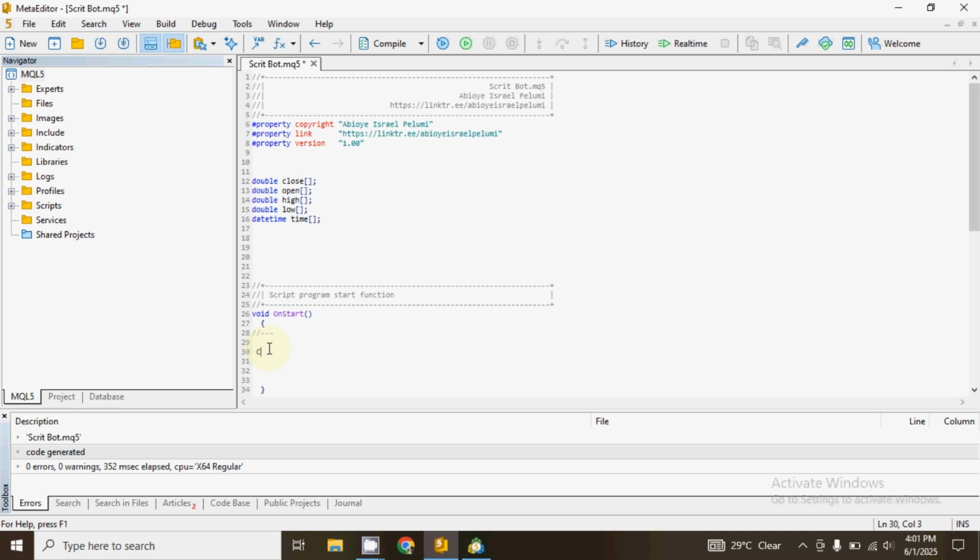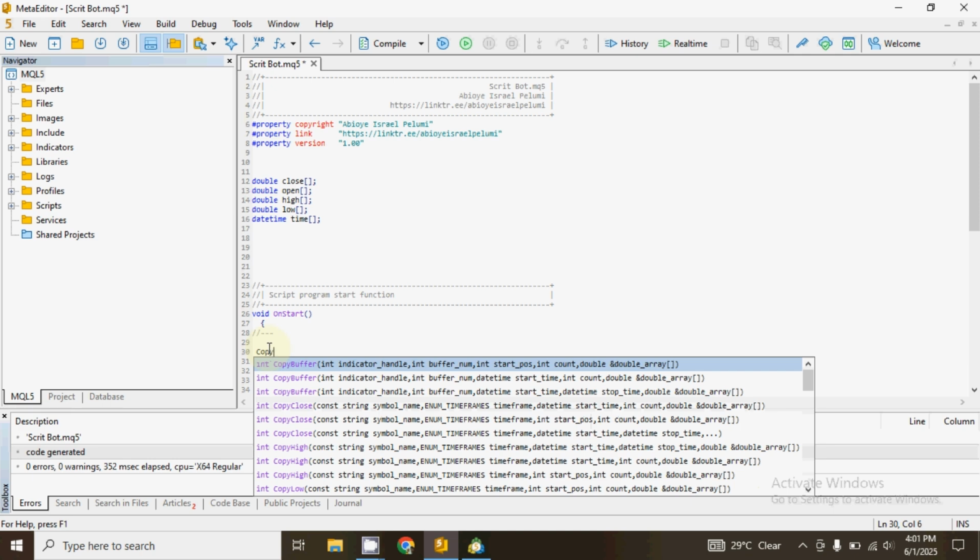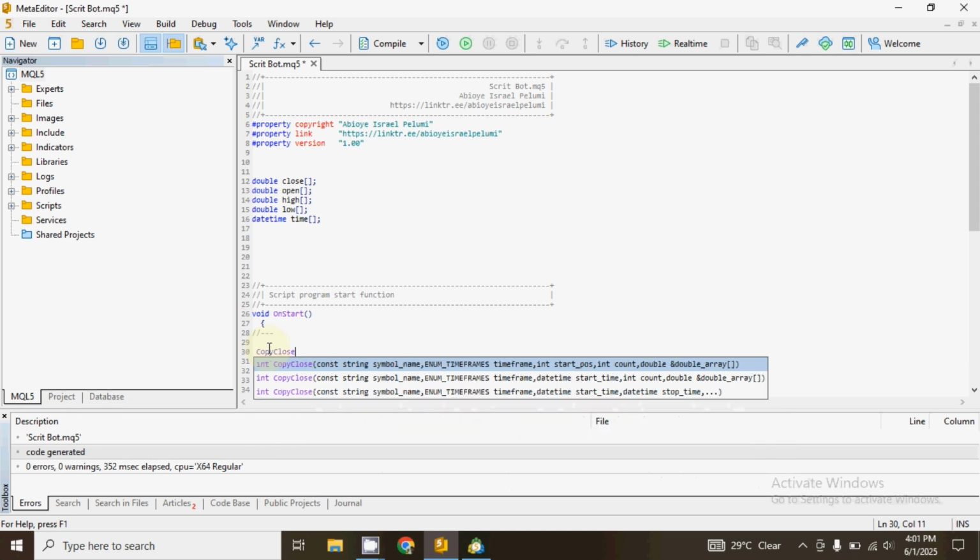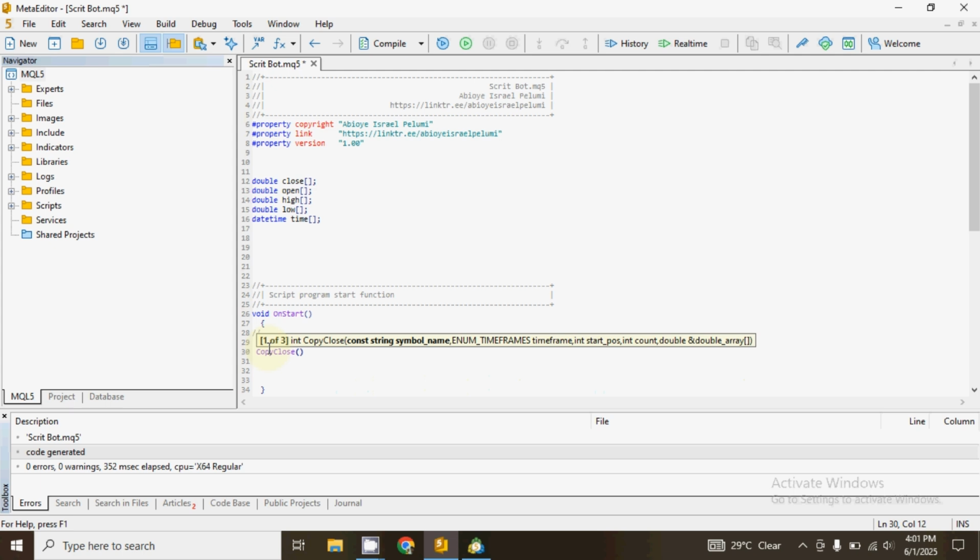All you just need to do is to come and type CopyClose. You can see that, right? Once you type CopyClose, you open parentheses. Then next, you can see all these options here: constant, symbol name, time frame, int, start, and so on. I will explain everything. These are what we call the parameters of this function, which means inside these parentheses, these are the things that are required for you to input,